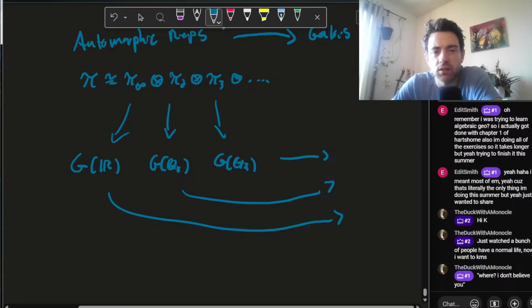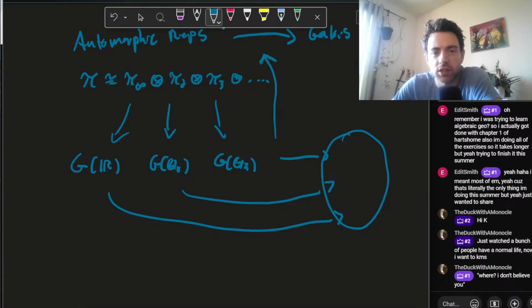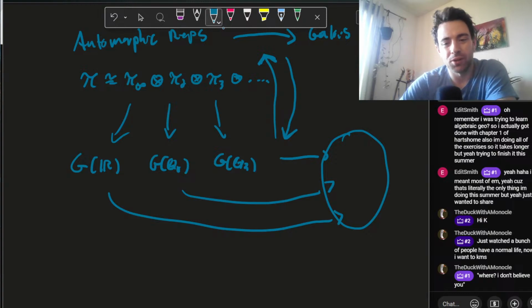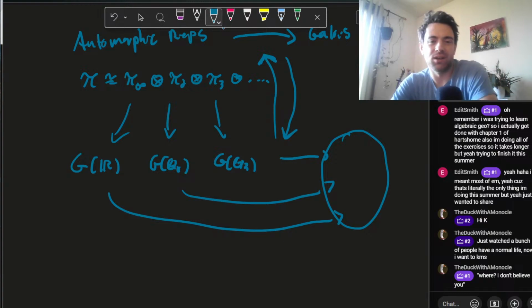And then if we could understand this, maybe we can synthesize all of this information down here and feed it into the automorphic Galois machinery. In fact, sometimes proofs seem to go in the other direction. One proves local things using things we know about the global case. But anywho,